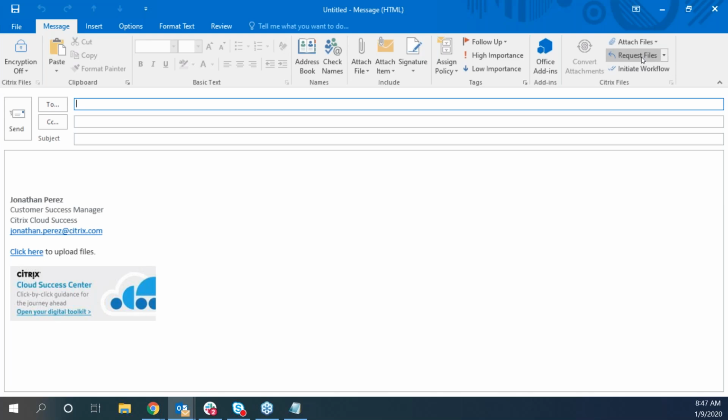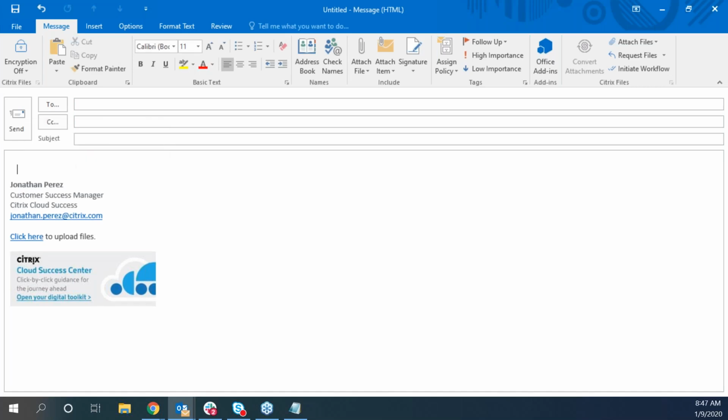So here we have two options. If you click on request files directly, it will go ahead and generate the "click here to upload the files" link. And something that I wanted to mention here is that if you send it with the standard configuration, when a user uploads a file using this link, it's going to be uploaded to the file box. I'm going to show you what the file box is in a minute, but let me remove this one, because you also have the availability here to click on this arrow